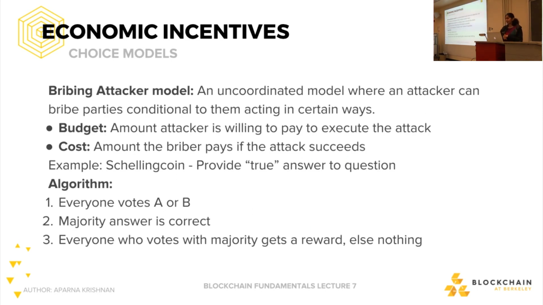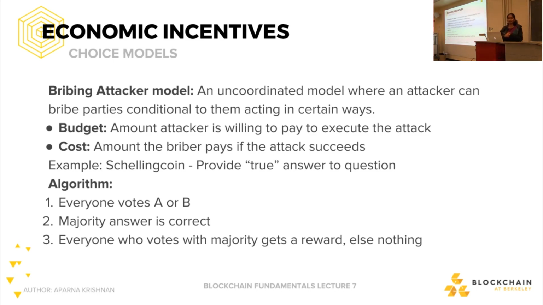And then you have the bribing attacker model, which takes this uncoordinated model where all the different actors have different incentives anyway. And the attacker now tries to bribe some actors to act in a certain way that the attacker wants. An example of this is called Schelling coin. If you remember back to the Ethereum lecture where we had oracles which feed external data into the blockchain,